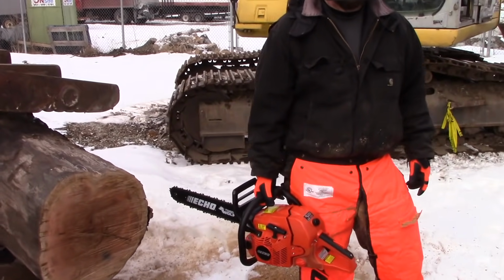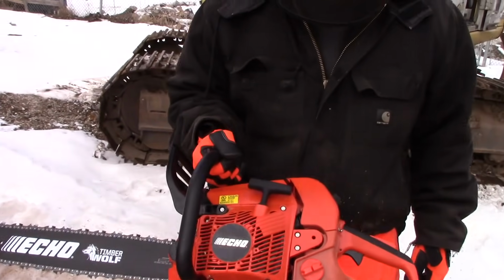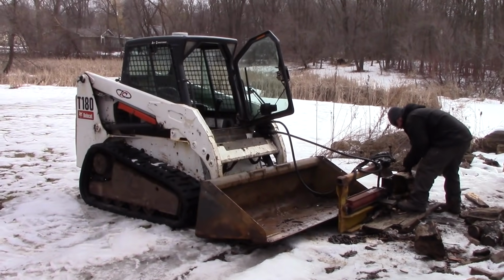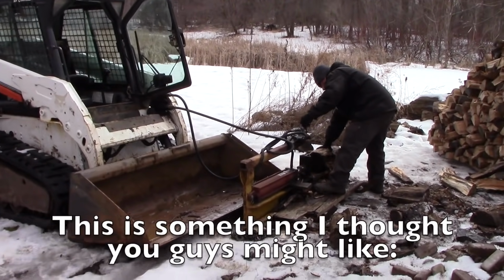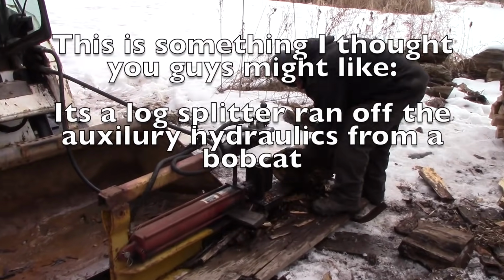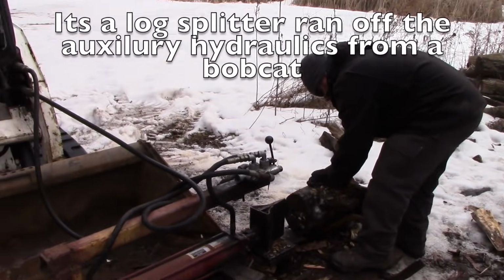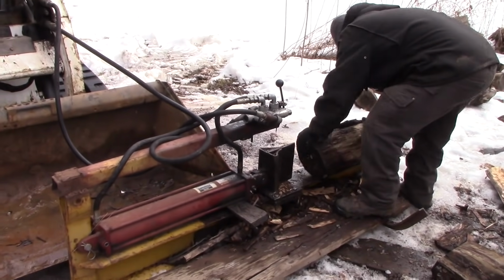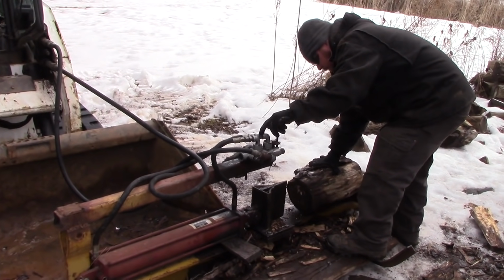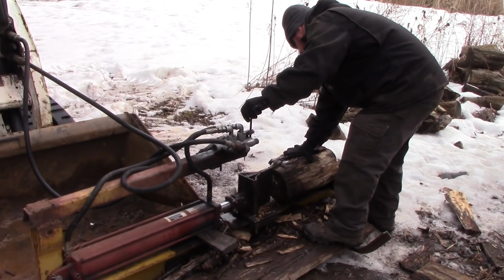So, what is this, a Timberwolf CS 590. So we ran this saw hard for days. Balance was there. The guys were absolutely impressed with the power. Echo Timberwolf was an amazing piece of equipment to work with. We love our Stihl saws, but the Echo line of equipment just continues